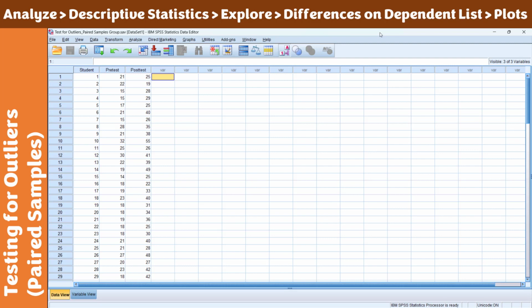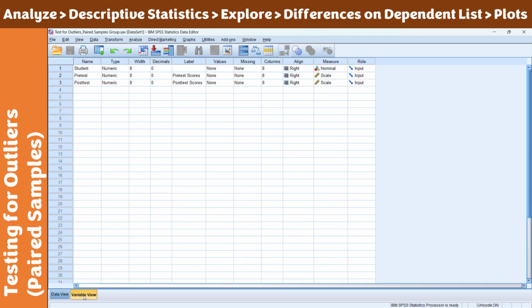Before we start with that, of course, this data here, the first column would be student. That's just nominal in nature, a representation of students in numbers. And we have here the pretest and post-test scores. You can go to your variable view and examine it further, that your pretest will be labeled pretest scores. You have here post-test scores as well. And you will have to specify them as a scale measurement. Okay, so this is just your preliminary look at your data.